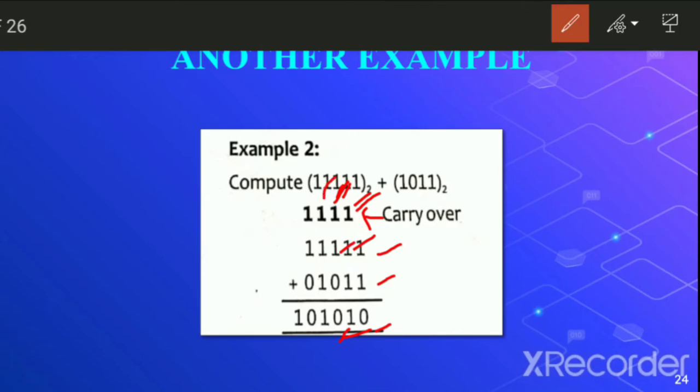And this one is the carry. 1 plus 1 is 0 and 0 plus 1 is 1, and this one is the carry. Now add this one, 1 plus 1 is 0 and 0 plus 0 is 0, and we had a carry over here, so this carry will come as it is. So we have got this answer. The final answer is 1 0 1 0 1 0. The only point that we have to remember is that when we add 1 plus 1 we get the answer as 0 and 1 is the carry.